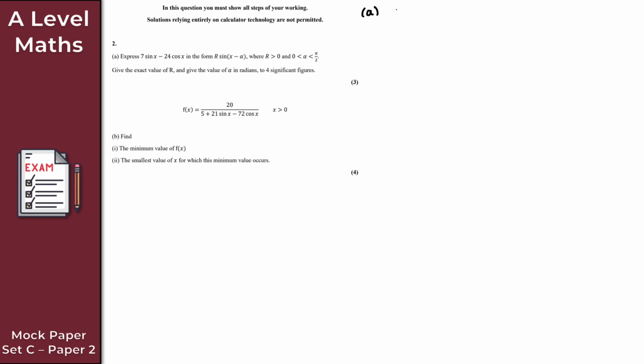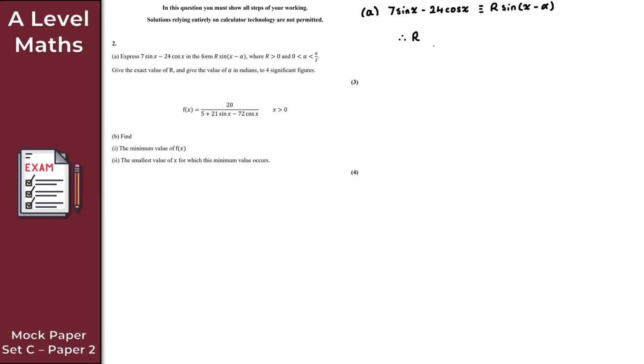So let's start by writing this down and setting it identical to r sine of x minus alpha. We've got 7 sine x minus 24 cos x is identical to r sine of x minus alpha. Okay. Now, if you want, you can use the compound angle formula for sine of x minus alpha, equate coefficients, and go about it that way. I do think that's unnecessary for this question. This is a pretty straightforward application of the harmonic identities, right? So to get us started,